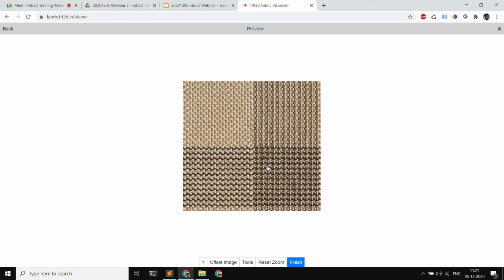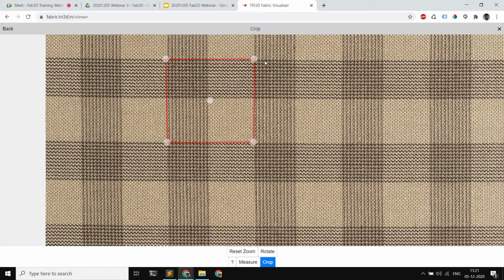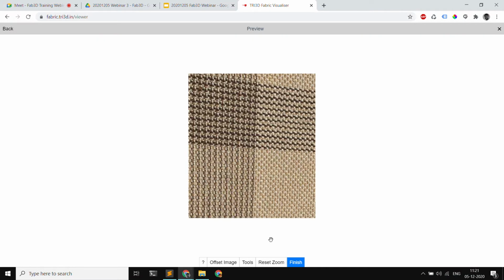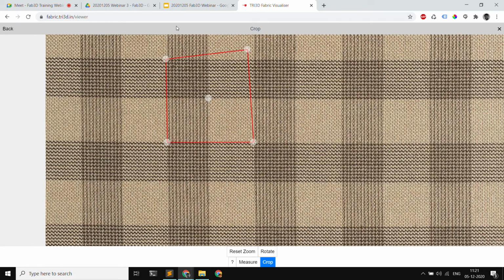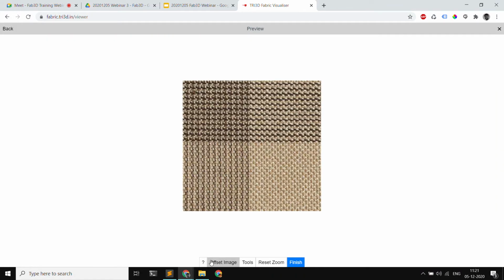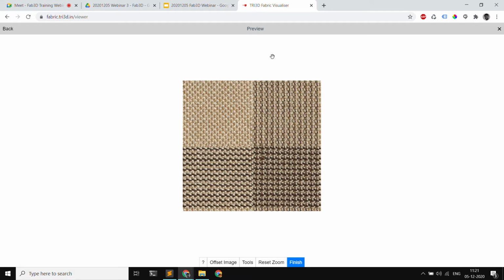I click on offset. Once I click on offset, I see that all the lines are straight and they're not crossed. For example, if at all one of the points was marked a little away like this, it was not marked exactly relatively in the same position, once I click offset, we see that these lines are not matching, right? So I can go back. I can adjust this point. Click on crop here. I click on offset. I see everything is fine over here.